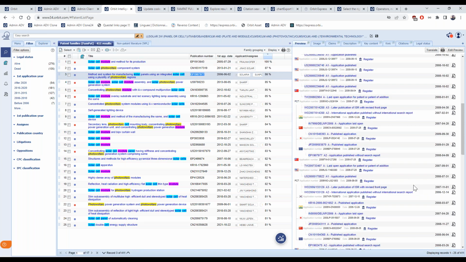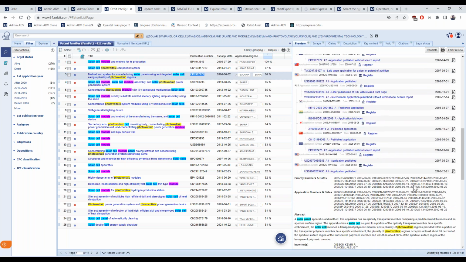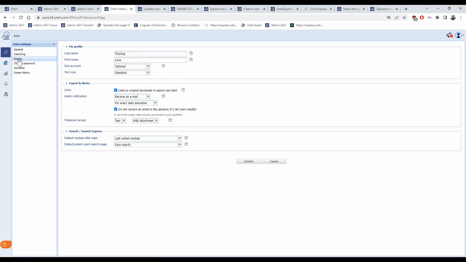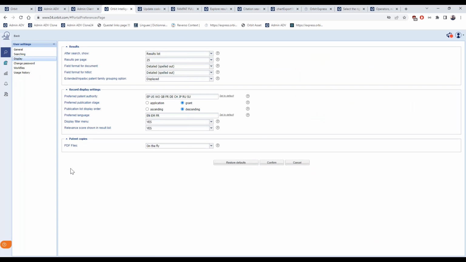And this can be changed, of course, on your account. It is based on the user settings. So again, I go to the user menu on the top right, user settings. This time I go to display, and this is the current setting in place on my account,